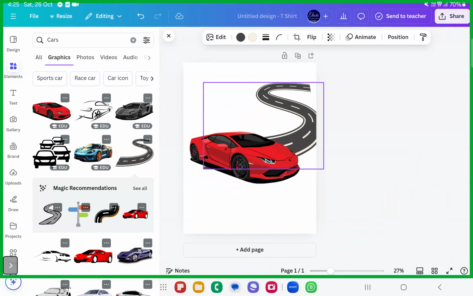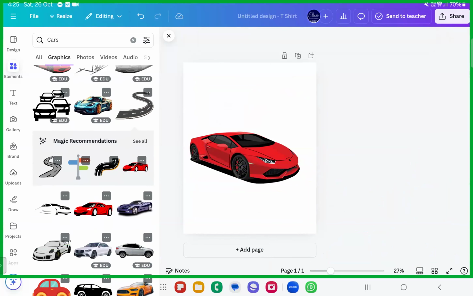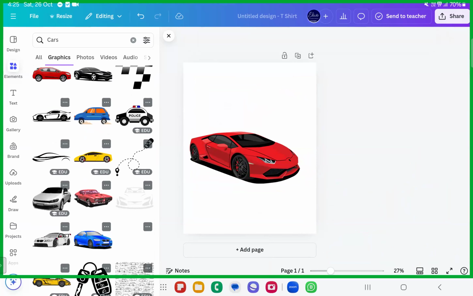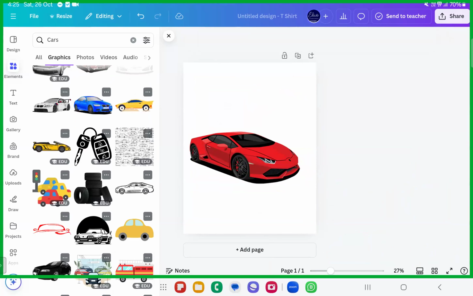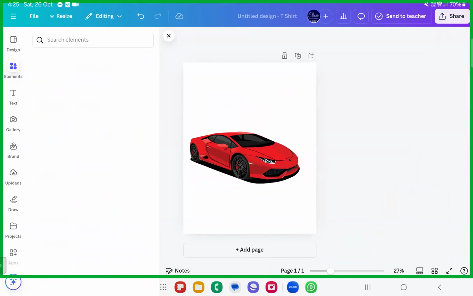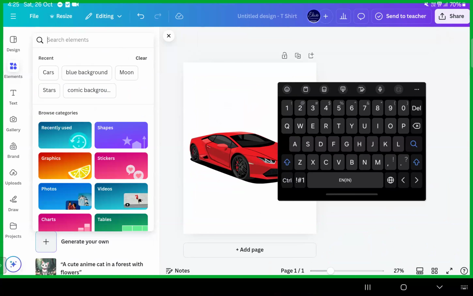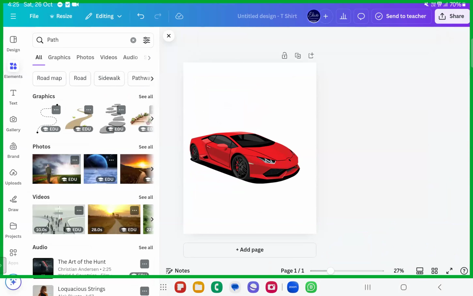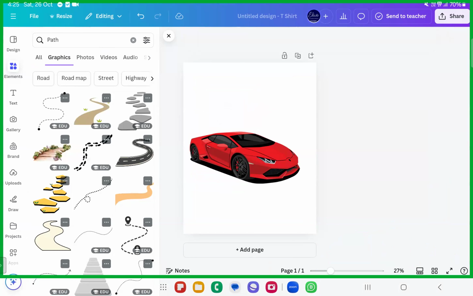Something like this if you wish to add. Okay, so this is the car field, and then I just added it with this one, and added something like a path, and then I added a beautiful naming for that. I mean, I gave the name, personalized the name, like the name of the boy.